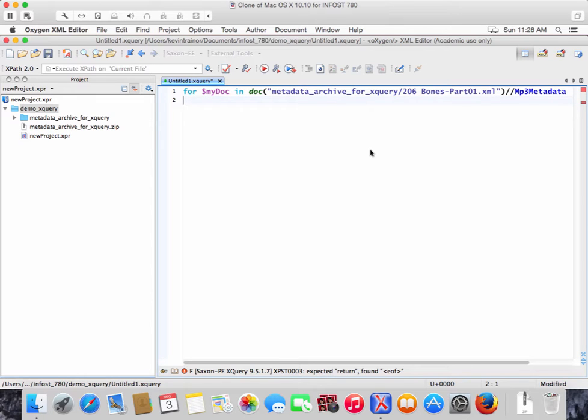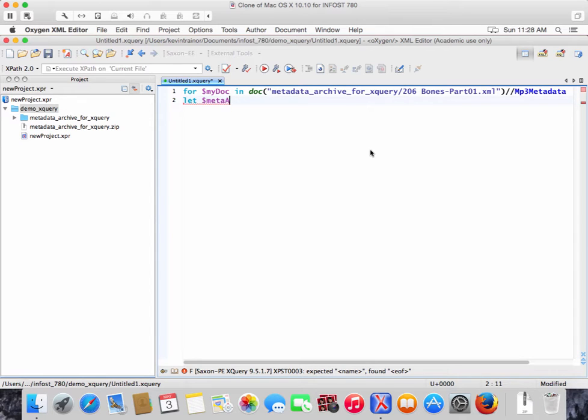Okay, that's good. And now we want to create another variable and we want to pick something out of the document. What we want to pick out is the name of the album. If you remember back when we looked at these, it's in an element called album. And we're going to take the one out of the ID3 V1 tag. So we're going to say let, and now we can coin another variable name. I'm going to call this meta album